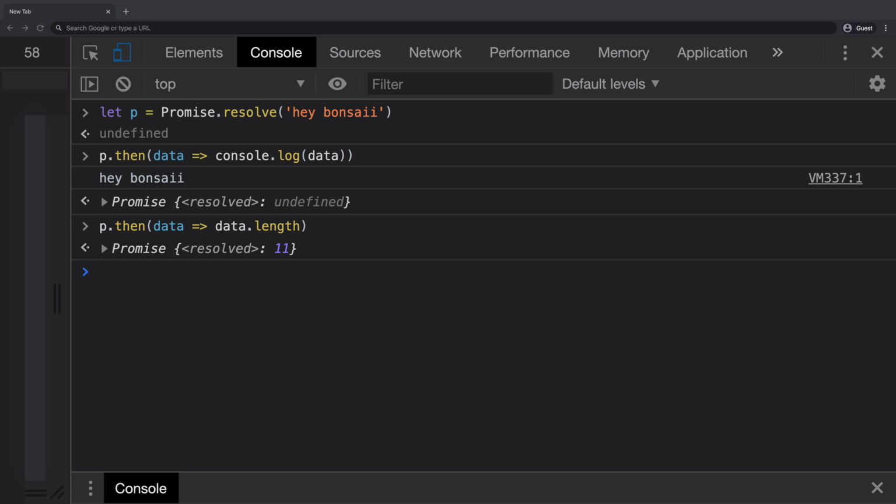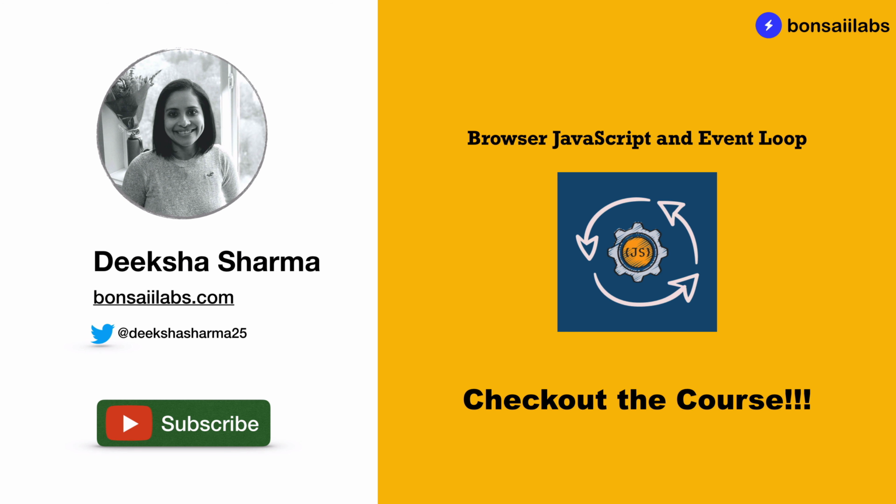This is a very common confusion when using JavaScript promises, and I hope you understand now how .then works. It will either resolve to a valid value that you returned, or will resolve to an undefined value if we do not return anything.